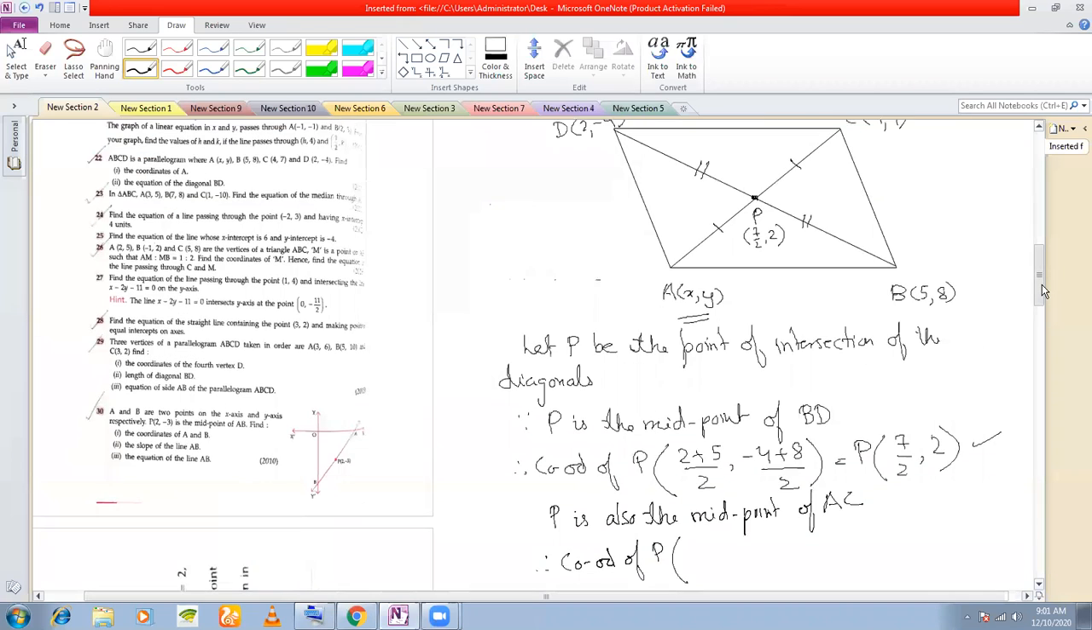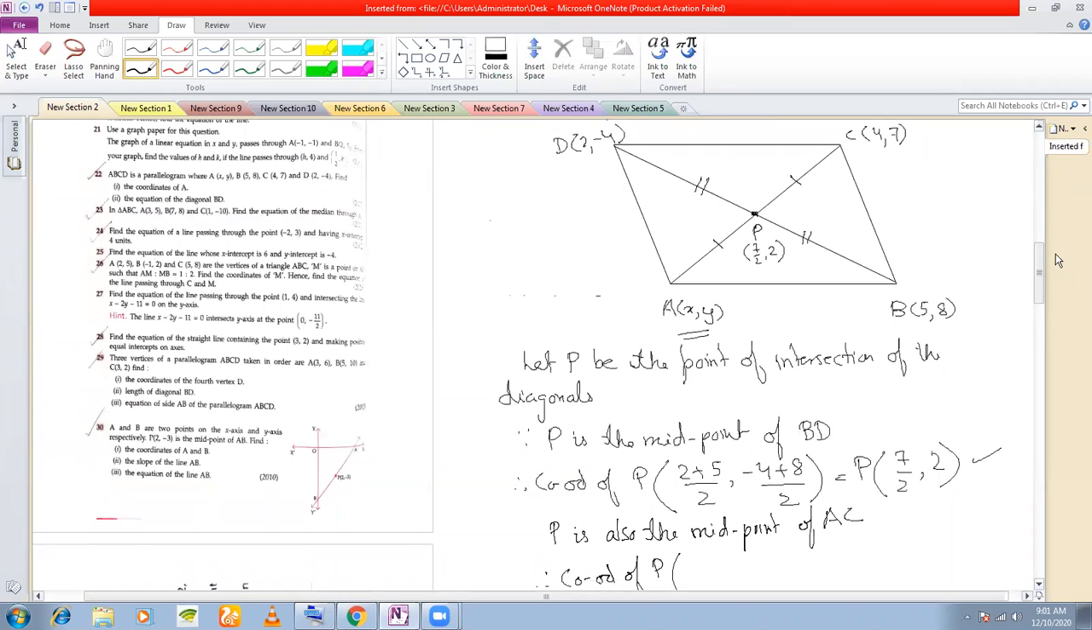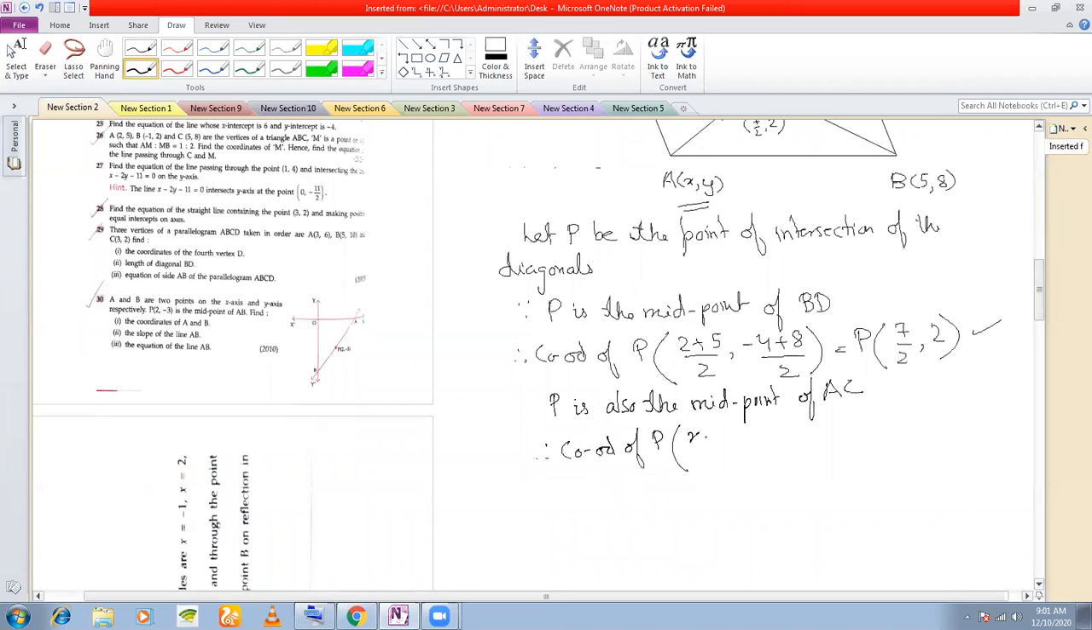Coordinates of P, if you look at the diagram, coordinates of P should be, add up the x coordinate, (x plus 4)/2, and add the y